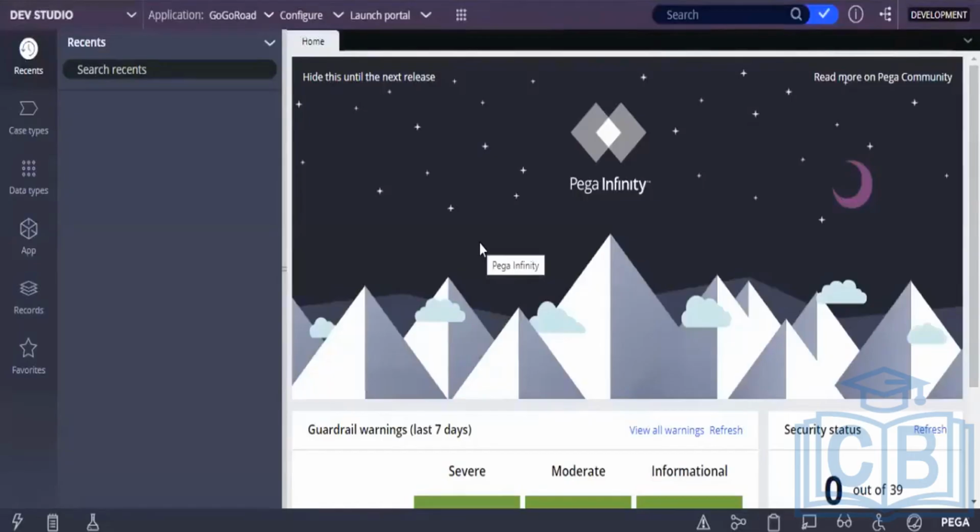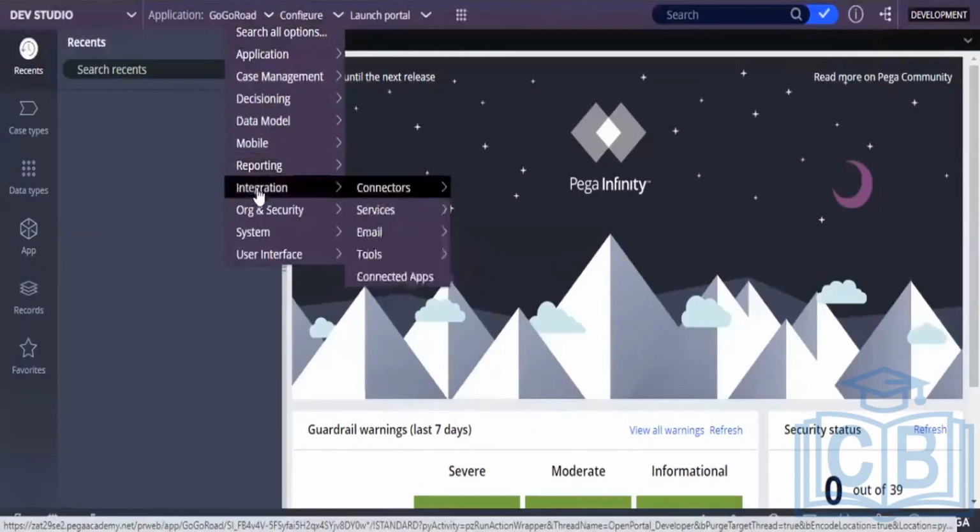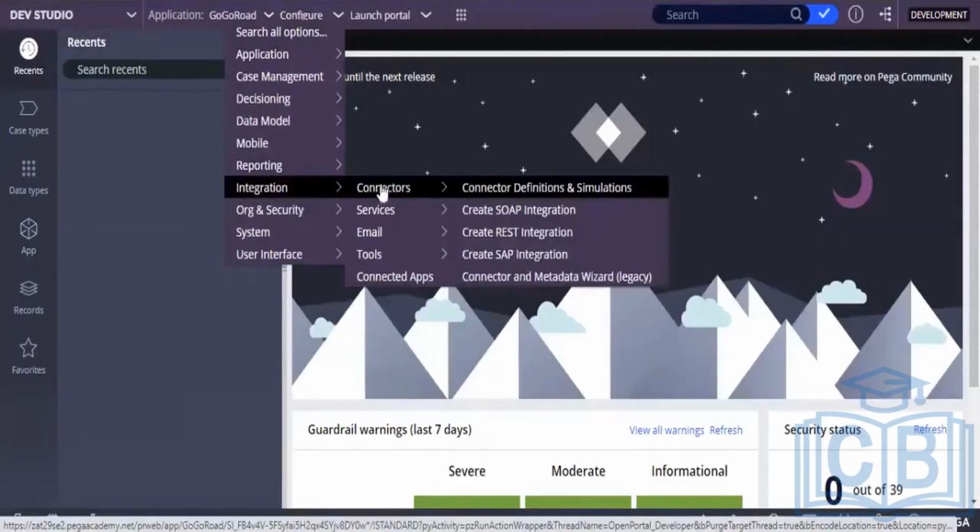Here you can click on Configure at the top. I am telling you how to create a connect REST. Click on Configure, then Integration, Connectors, and Connect REST integration.